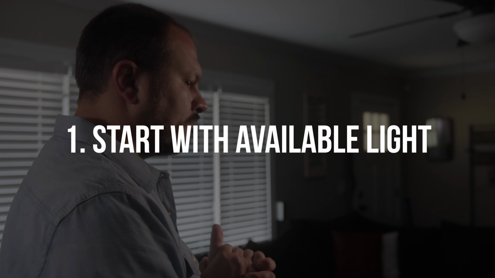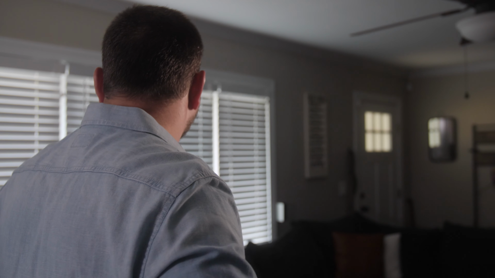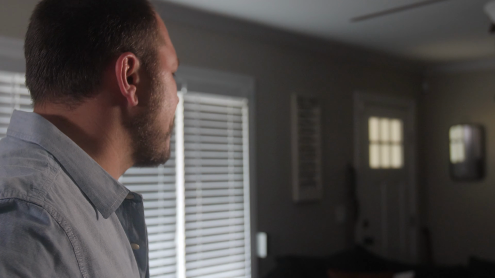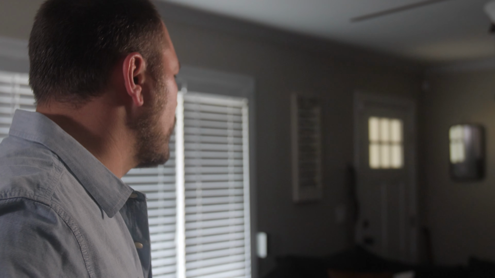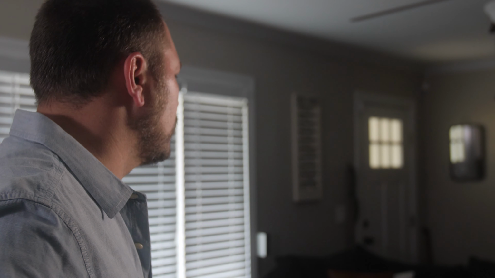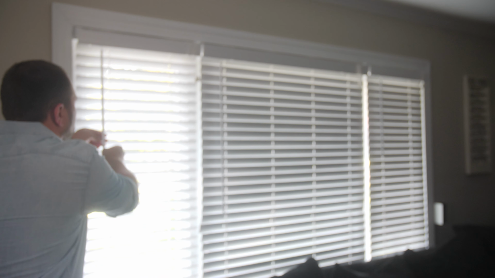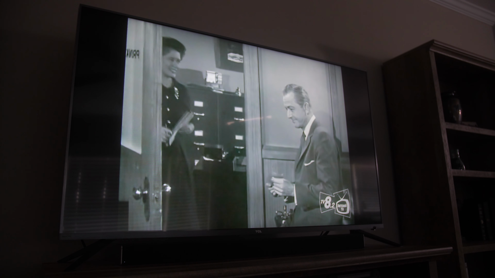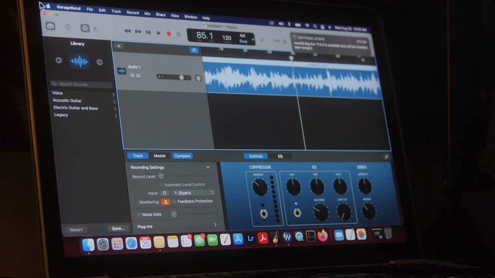One of the first things I do when I'm going to light a new scene is to look at the space I'm in and find out where the available and natural light is already coming from. If I'm outside, of course that's going to be the sun or the moon or maybe a street lamp. If I'm inside, that could be windows or practical lights, which we will touch on later, which are lights that viewers will actually see in the image, like table lamps, candles, TV or computer screens. Take stock of the scene and the lights that are already available and try lighting the scene and build your